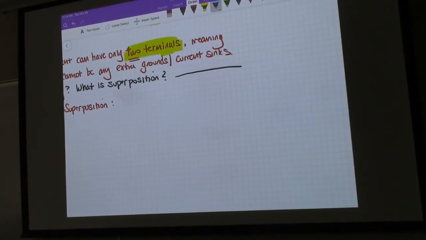So if we have two inputs, which are x1 and x2, and two coefficients, which are alpha 1 and alpha 2, a coefficient times the output associated with x1 plus a second coefficient times the output associated with x2 is the same as applying the function to